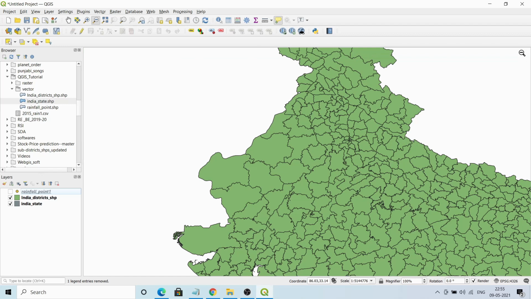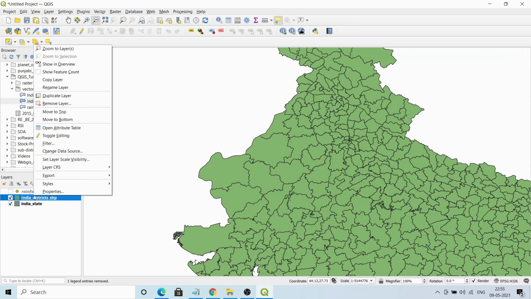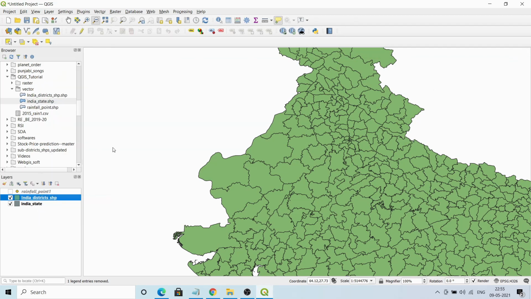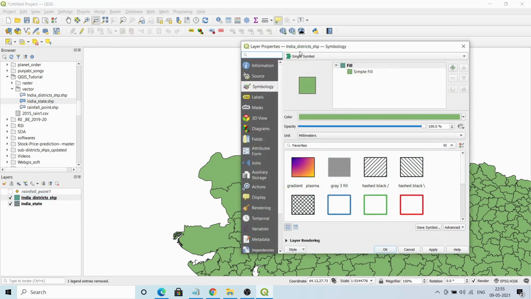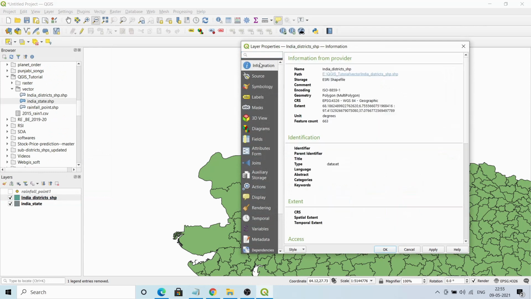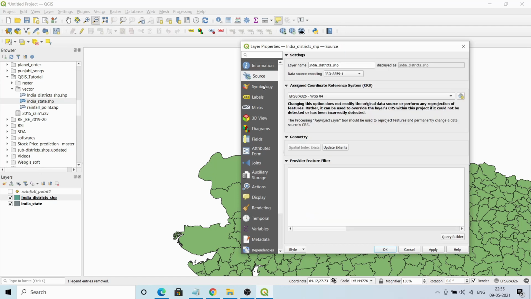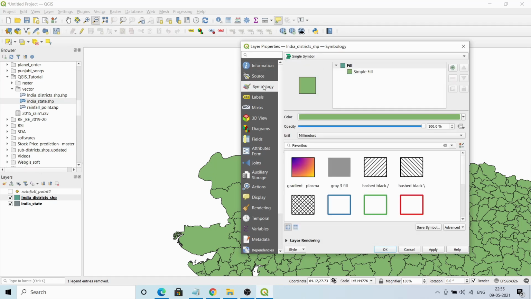you want to give the labels, you want to make it hollow. So what you can do, you can right click on the layer, go to the properties. So you will be able to see a lot of information here, such as information about the layer, where it has been saved, geometries, polygon, projection, extent, number of features, all are here. Then source. Symbology means how you want to basically change the color, or you want to categorize based on